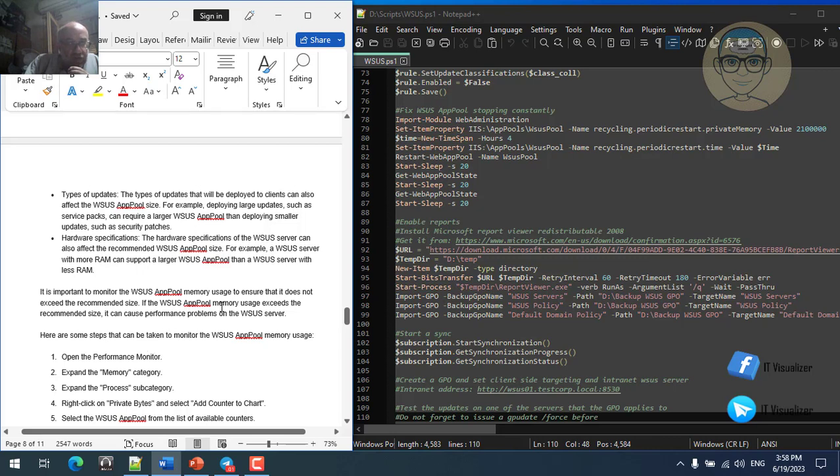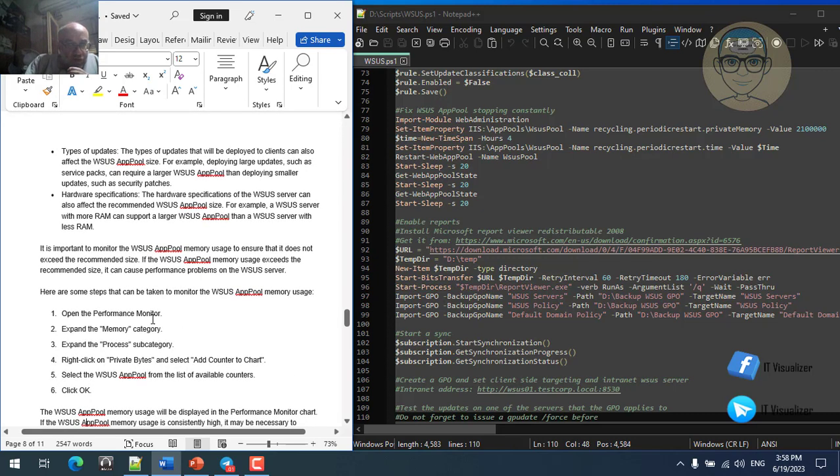So he's saying here, if WSUS memory usage exceeds the recommended size, how can we monitor the WSUS app pool memory usage? By using the performance monitor. Here it says that you need to open the performance monitor in the control panel, expand the memory category, expand the process subcategory, right click private bytes and select add counter to chart. Select WSUS app pool from the list of available counters. So this is a way that you can configure performance monitor to monitor the WSUS app pool usage of memory